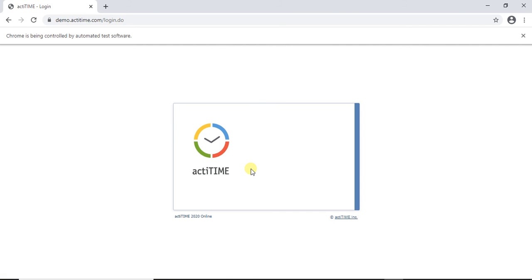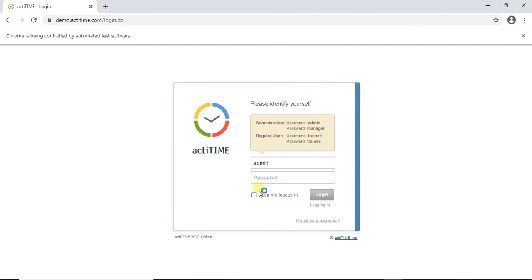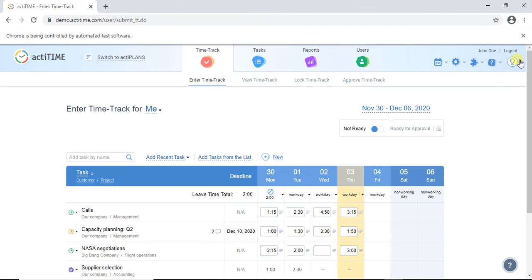Then it is entering the URL. Now it has entered the username and password, then clicked on login. Then it is going to the main page. Then it is going to the logout. It is waiting for 20 seconds.